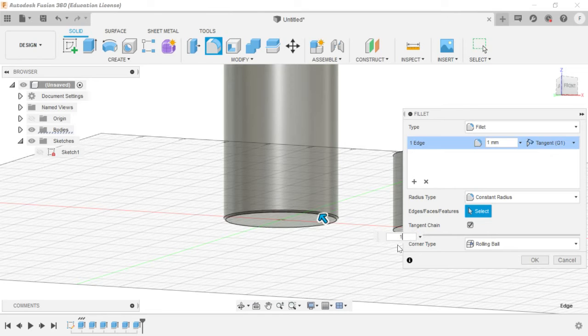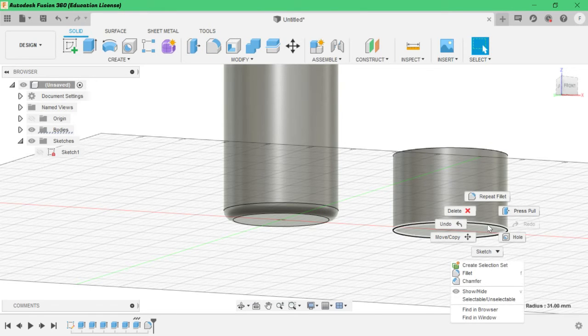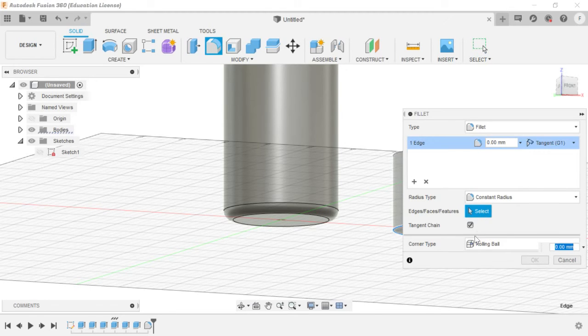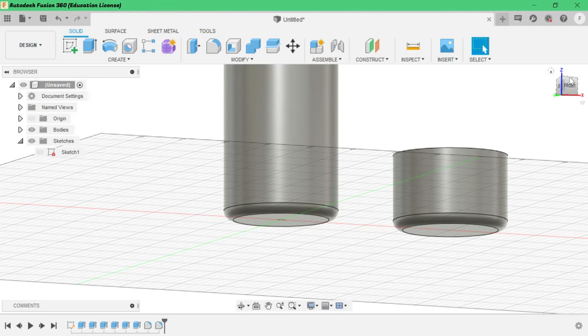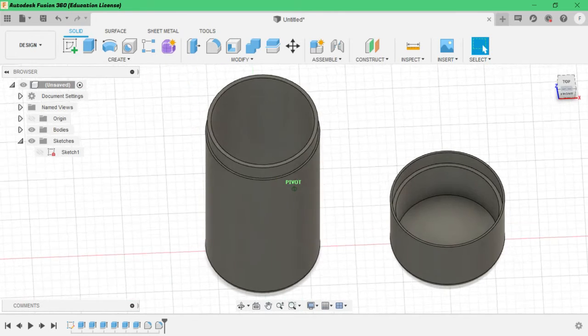If you give 10, the curvature will be like this. But 10 is not good because the inner walls are touching the outer walls. So giving 5 is okay. For this also do the same thing, right click, repeat fillet, 5, done. See, now they look great.